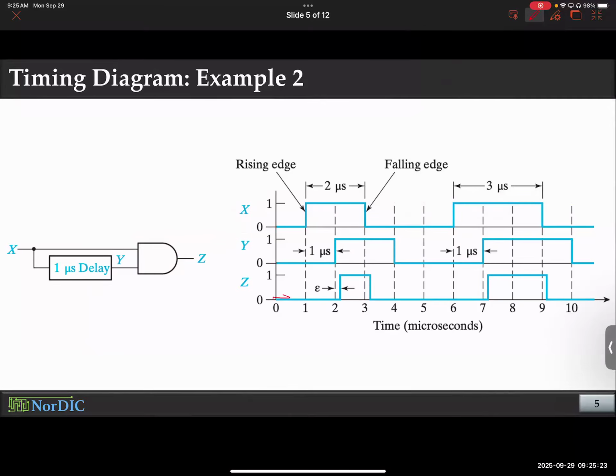This is the output, Z. Notice here, it sees Y as 0, X as 1. So its output is basically 0. Although you meant to provide X as 1, so Y was supposed to be also 1 because it is essentially a copy of X. So you expected to get 1 at the output. But because of the delay,